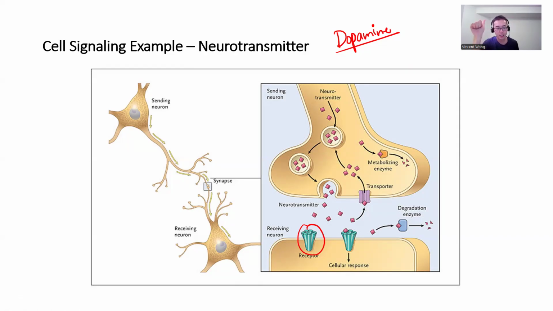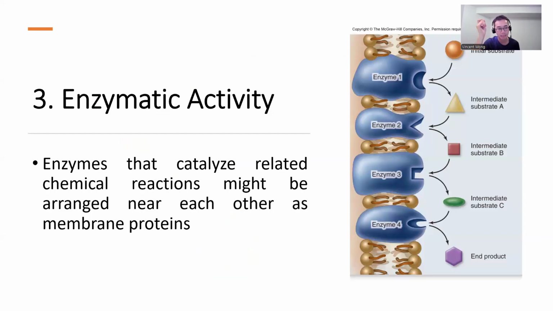All right, so attachment to cytoskeleton, cell signaling, and the third function of membrane protein is enzymatic activity. Okay, we know what an enzyme is. We learned that in lecture 2. They are proteins that catalyze chemical reactions. Okay, catalyze means to speed up reaction, right? Speed up reaction by lowering the activation energy, okay? By lowering the amount of energy required to cause a reaction to happen so that it can happen in the